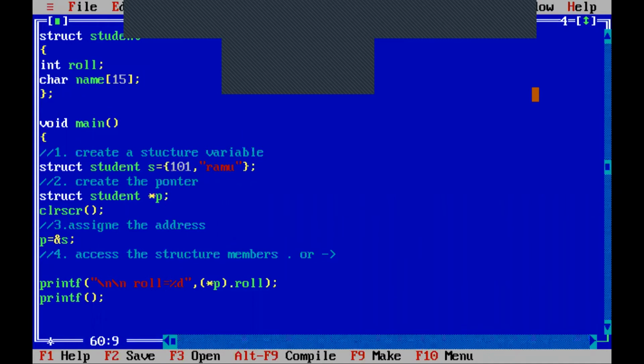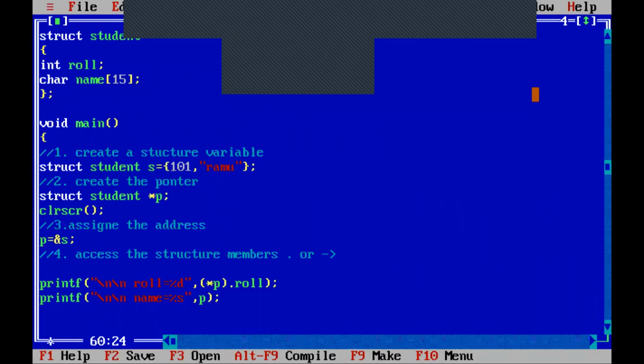Next, we need to access the second one, printf. Second member is what? Second member is a name. So name of the student is equal to, it is represented with percentile s and comma. How to replace this percentile s? We can access with the direct structure variable name. But the topic is we need to access with the pointer variable which is pointing to the structure. So what is the pointer variable pointing to the structure? P. With this P we need to access the name, the second member of the structure.